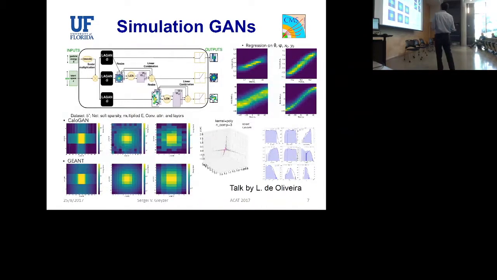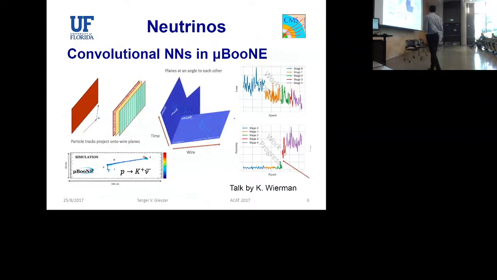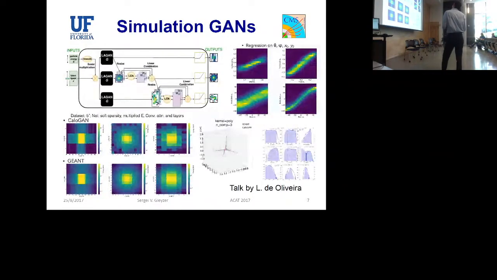The other interesting thing was a talk by Kevin Vierman, and then another talk by Luke De Oliveira and collaborators, where they showed us how to use generative adversarial networks and generative models for the purpose of simulation, with good results. There are some things to be overcome. This is not yet the way to do things, but there's progress being made, and there's still a lot to be understood. But it's a very promising direction.